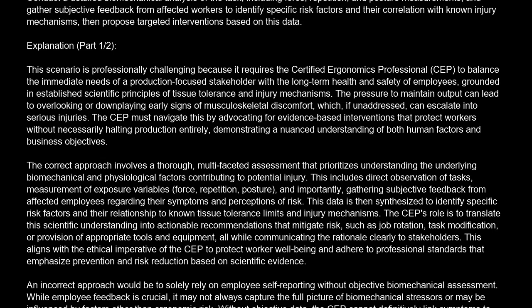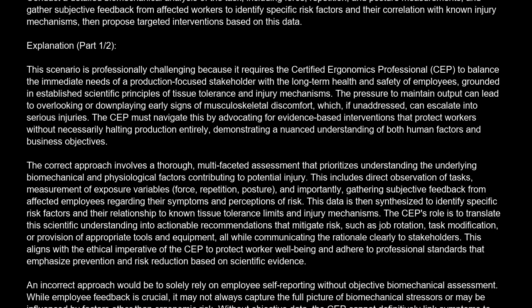The correct answer is B. Conduct a detailed biomechanical analysis of the task, including force, repetition, and posture measurements, and gather subjective feedback from affected workers to identify specific risk factors and their correlation with known injury mechanisms, then propose targeted interventions based on this data. Explanation. This scenario is professionally challenging because it requires the certified ergonomics professional (CEP) to balance the immediate needs